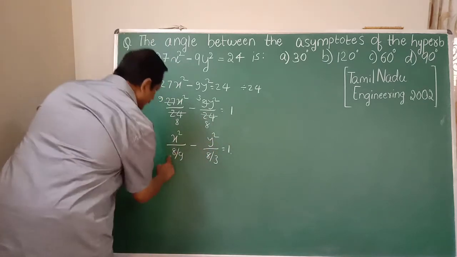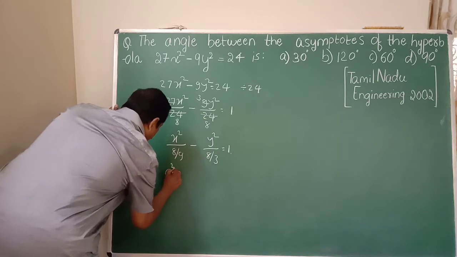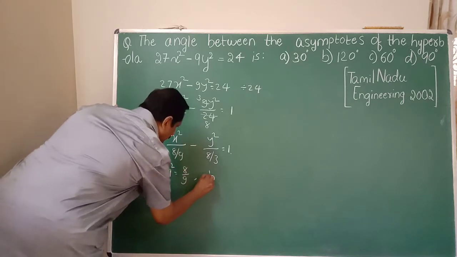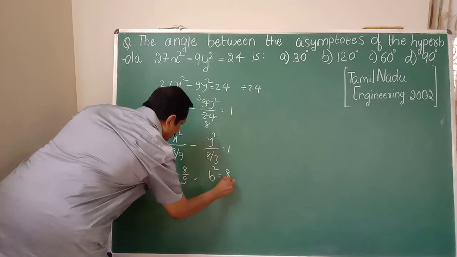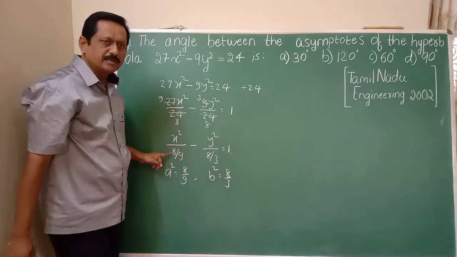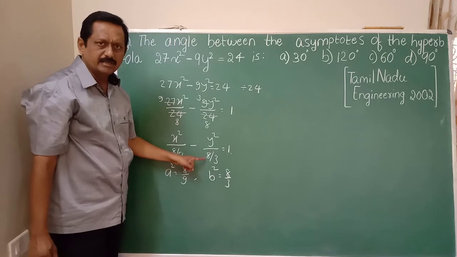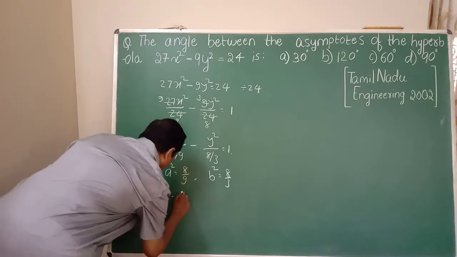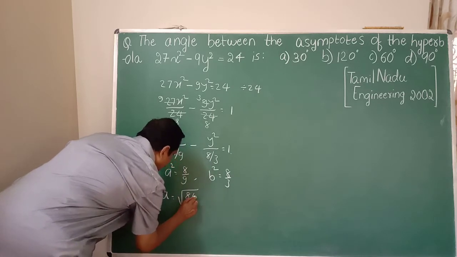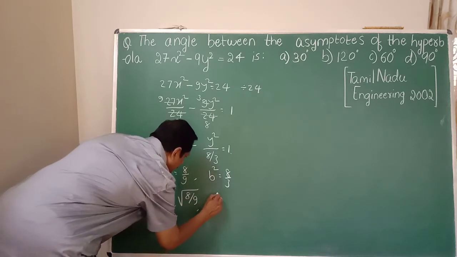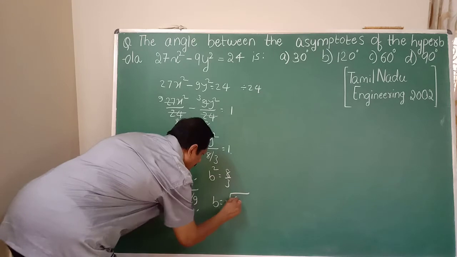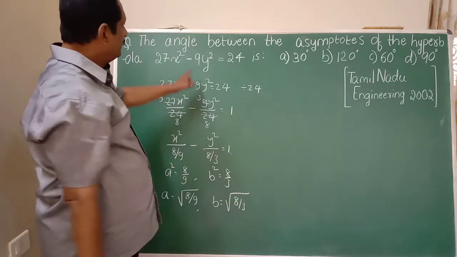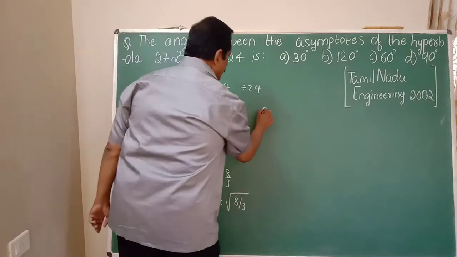Hence a square is equal to 8 divided by 9 and b square is equal to 8 upon 3. So a is equal to root of 8 by 9 and b is equal to root of 8 divided by 3. Therefore the angle between the asymptotes